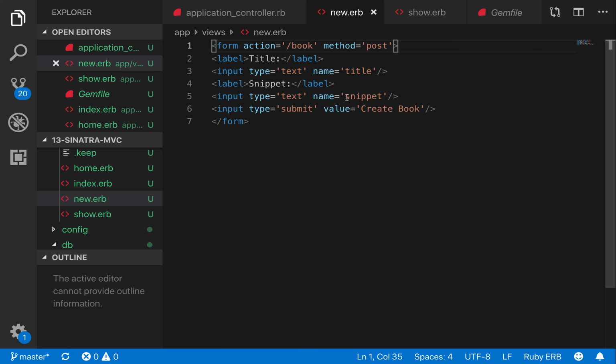Okay. So in the form, we are saying go to this URL. As soon as someone clicks on the submit button, go to that URL, and the method is going to be post. So now, if we go back to our controller,